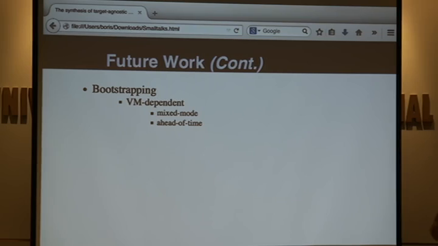Or you can compile ahead of time just enough of the JIT that you can start, and then when you have the native code preloaded, say in a special segment in your image, which is obviously processor specific, you can bootstrap that way.